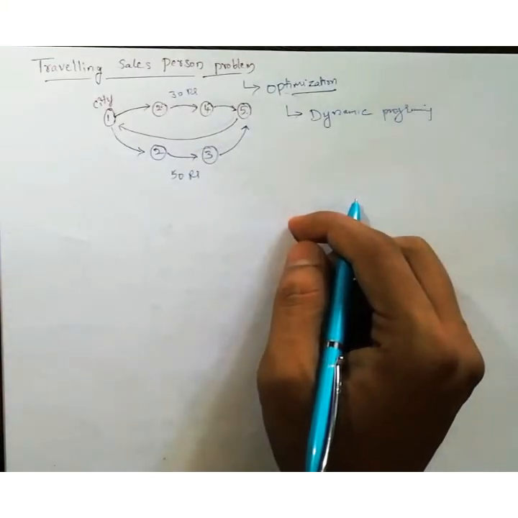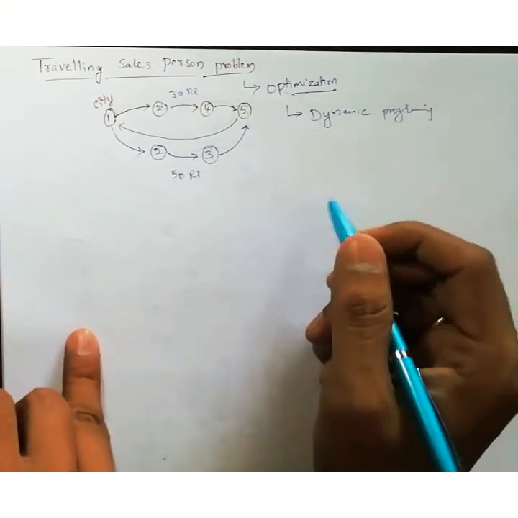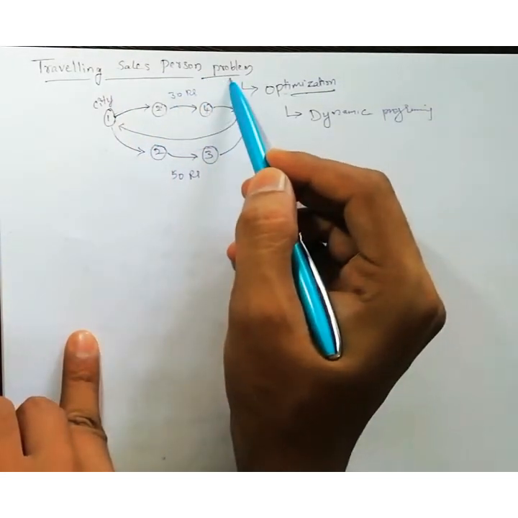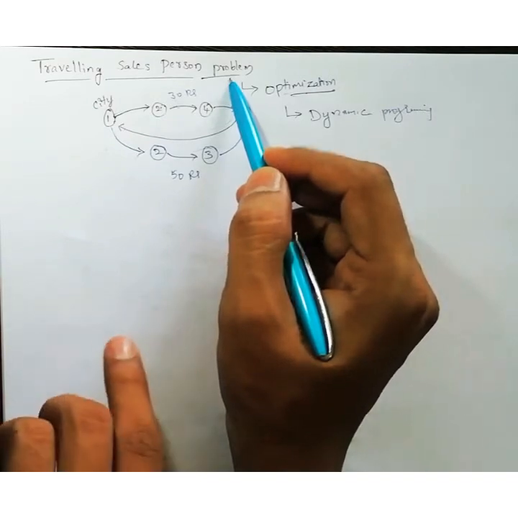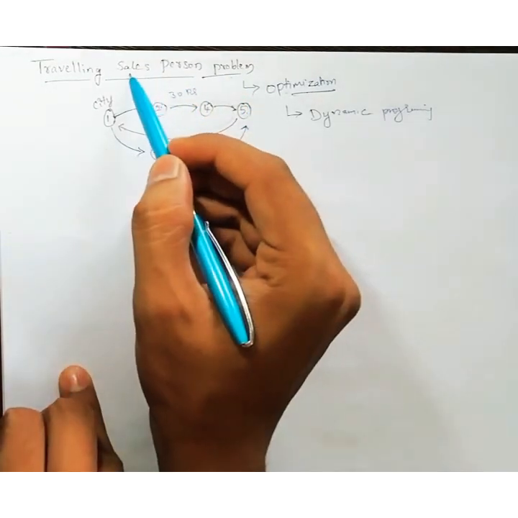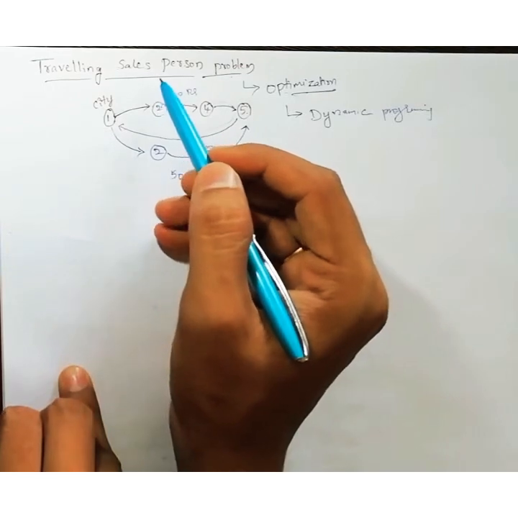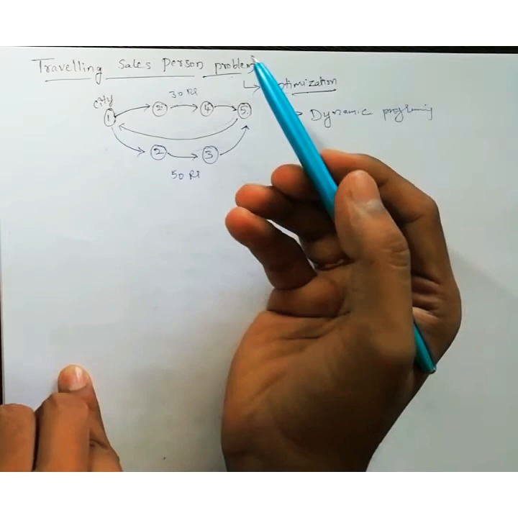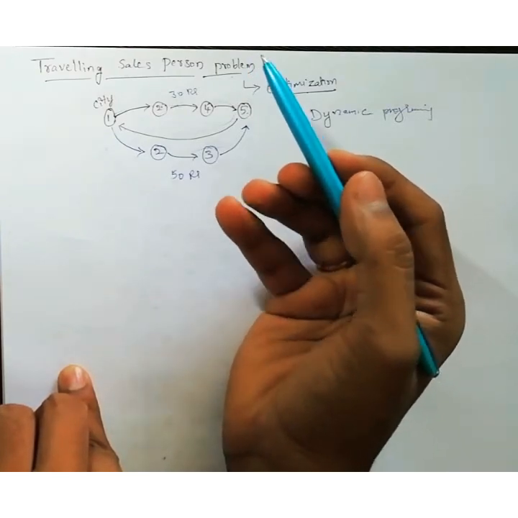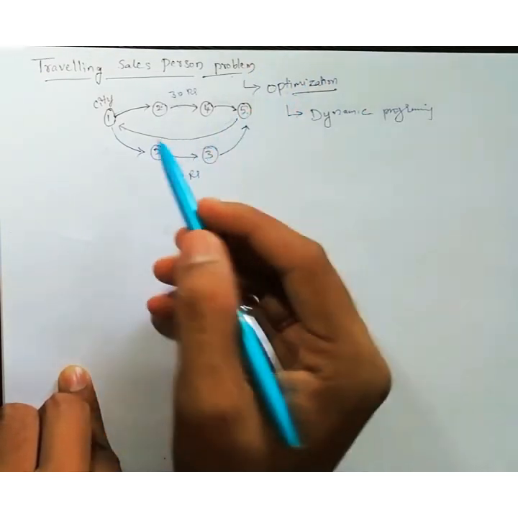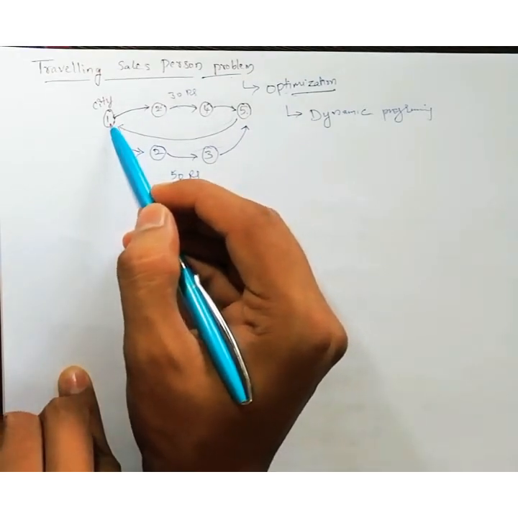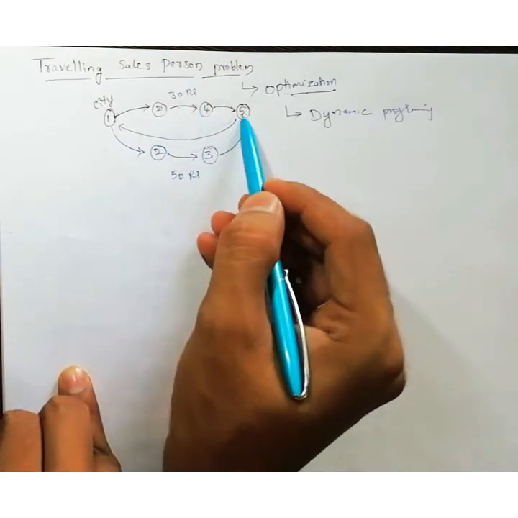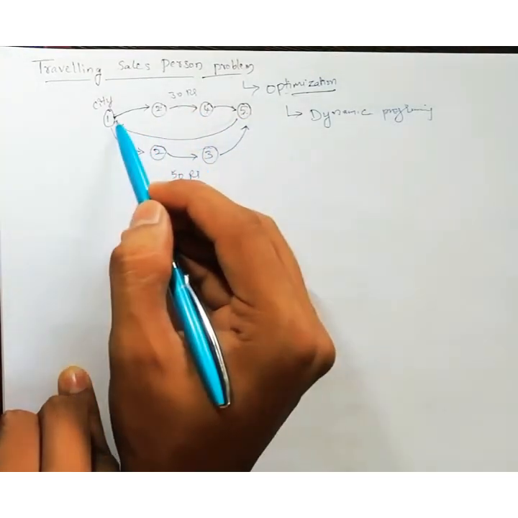Welcome back. In this video we will discuss the next concept, which is a very interesting concept. The traveling salesperson problem. As the name itself indicates, a salesperson travels from city to city with different paths, and we have to find which path takes the minimum cost. For example, say the salesperson first starts from city 1, goes to city 2, city 4, city 5, and finally returns back to city 1.